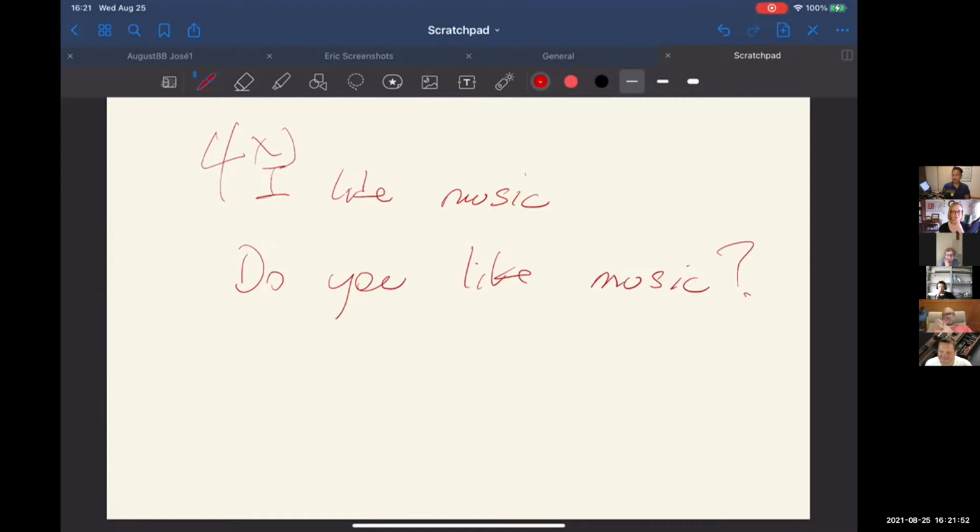Another variation, once they start getting good at it, is I take pieces of scrap paper and ball them up, and depending on the number of students in each row, that will determine how many balls of paper I prepare. I hand them to one student, they pass it to the next, and I tell them, just keep passing. Put another ball in the other student's hand, it'll go counterclockwise, and I tell them, okay, ready, go. And they have to say, I like music, I like music, do you like music, while they're passing these paper balls around.